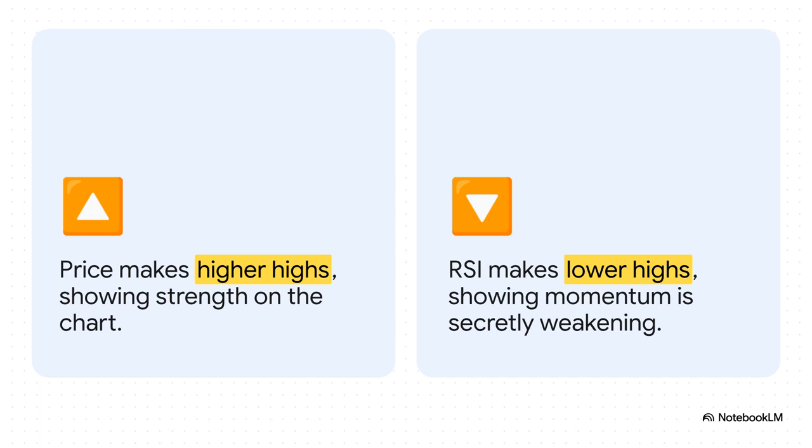Now, when you see that divergence and our trend reactor tool marks an extreme dot up top, bingo. That is a very, very powerful signal that the trend is exhausted and a reversal could be right around the corner. And that brings us to